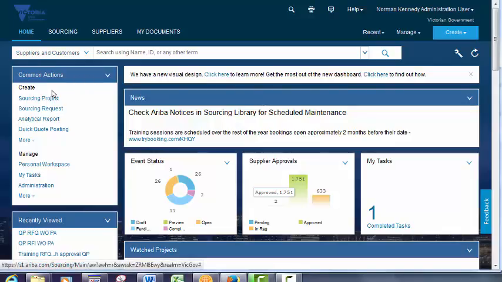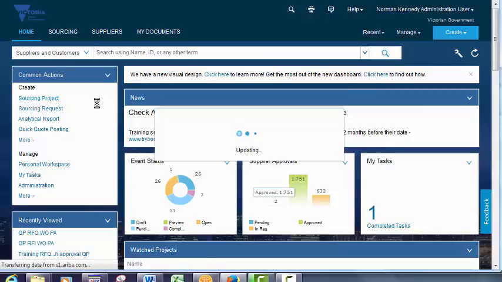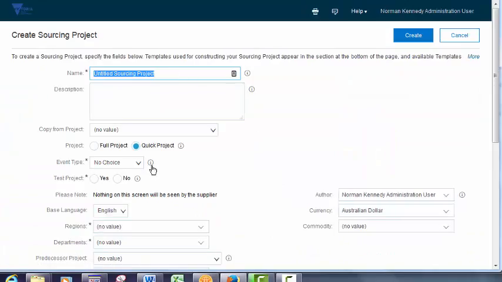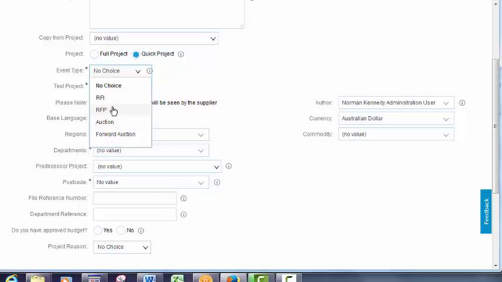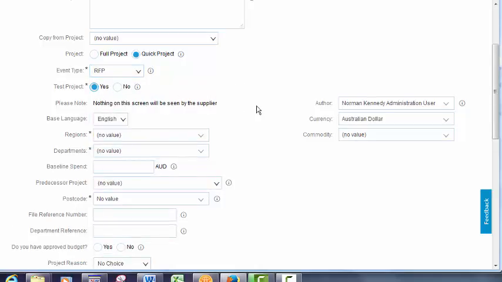So now we're going to create a project which has publish approval. We're going to use quick projects, and we're going to do an RFP with publish approval. So it's a quick project, and we're going to make it an RFP. We're making it a test project because it means that I can delete it afterwards, but you always would make